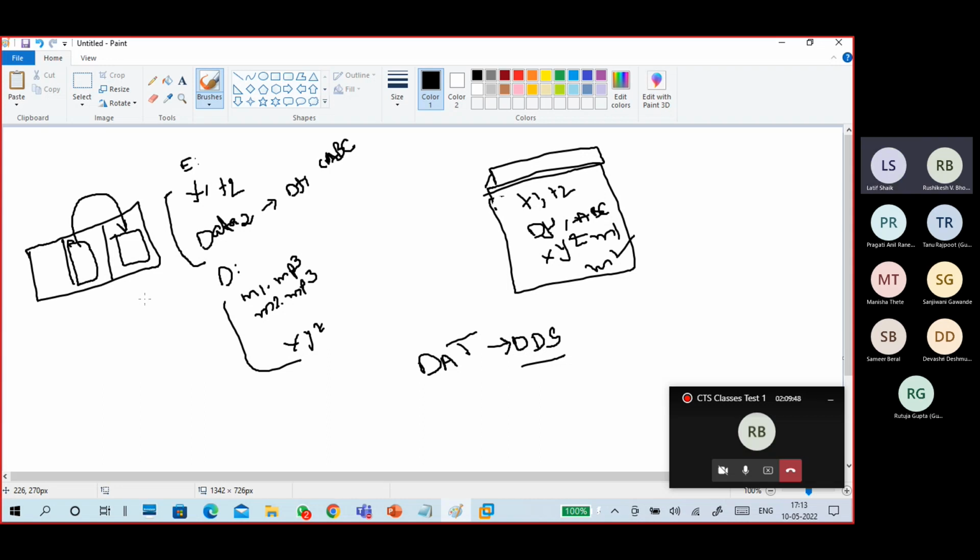There are a lot of possibilities. Data may be corrupted, data can be deleted, or the disk can fail. If the disk fails, both your original data and backup data will be damaged. So what will we do? We store it on an external device, not an internal device. We don't store data in the same location because there is a possibility of disk failure. So we store it on a separate, external device. Okay, now the question is: